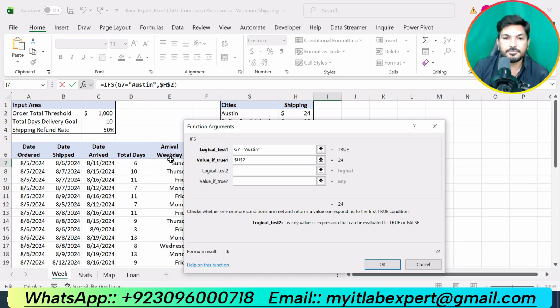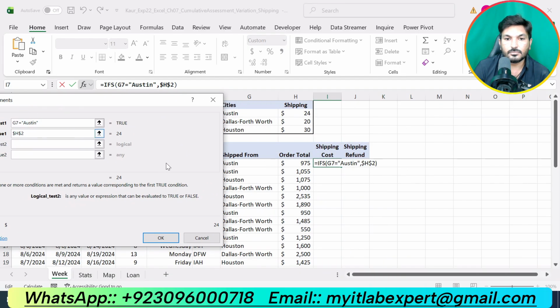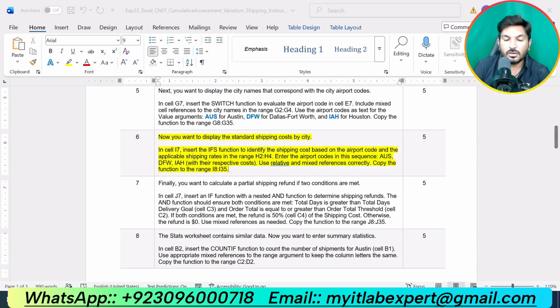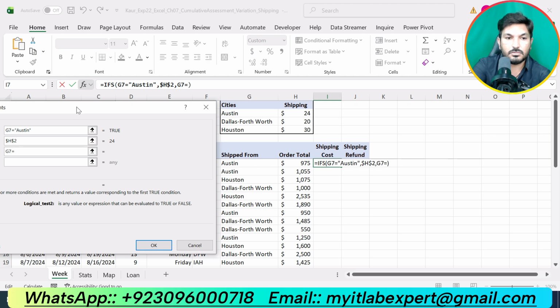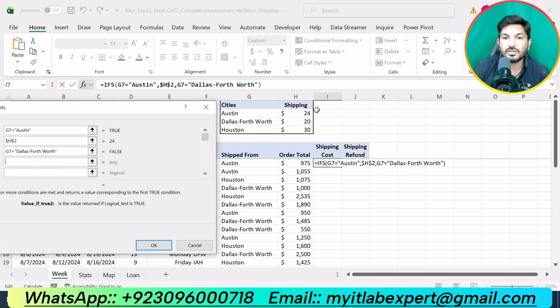If G7, again G7, is equal to Dallas Fort Worth, then our shipping cost will be H3.